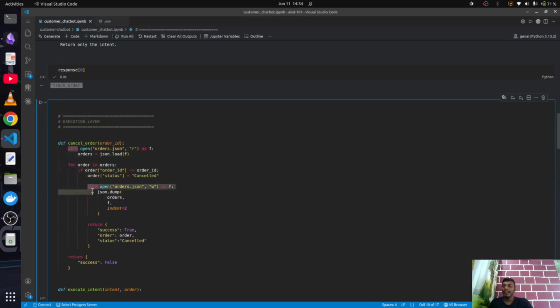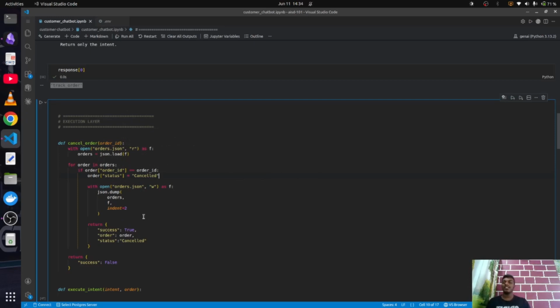Then you write it back to the database, and then you tell them that the particular order is cancelled. So it's a simple process.